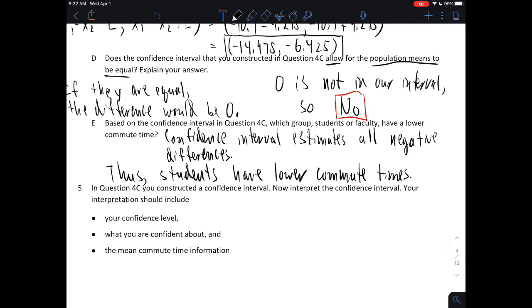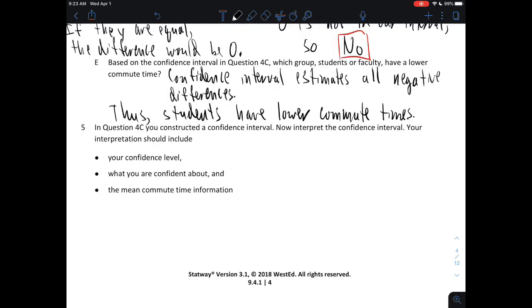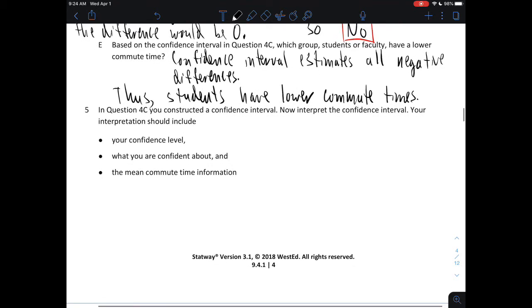These are questions we've seen before in other contexts. So now question 5. In question 4C, you constructed a confidence interval. Now interpret the confidence interval. We're going to do this just like we've seen in other contexts. This interpretation should include our confidence level, what it is we are confident about, and the mean commute time information. So we want to talk about the difference in mean commute times here. So first of all, our confidence level was 95%. So we are 95% confident